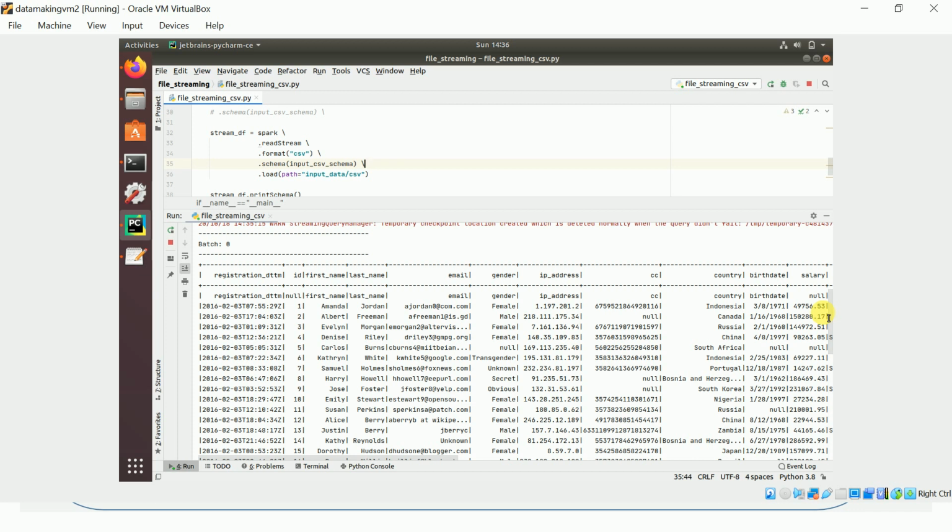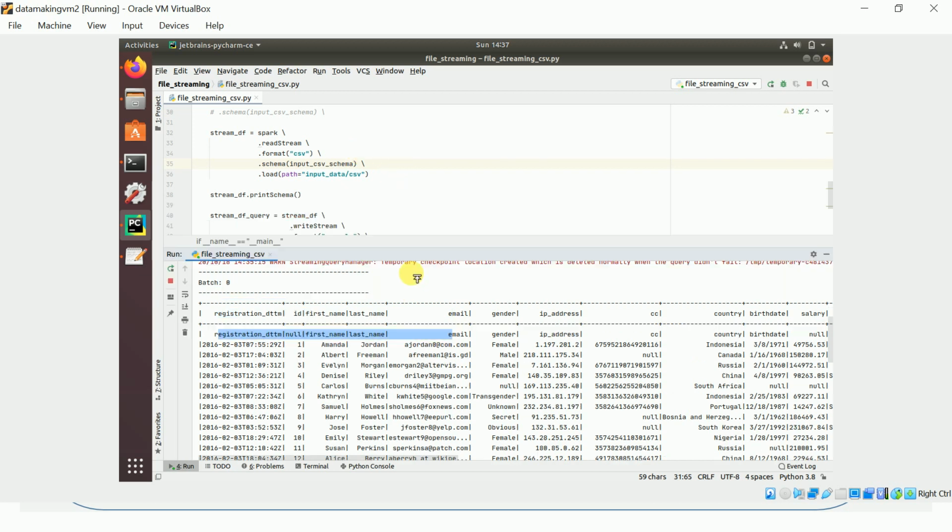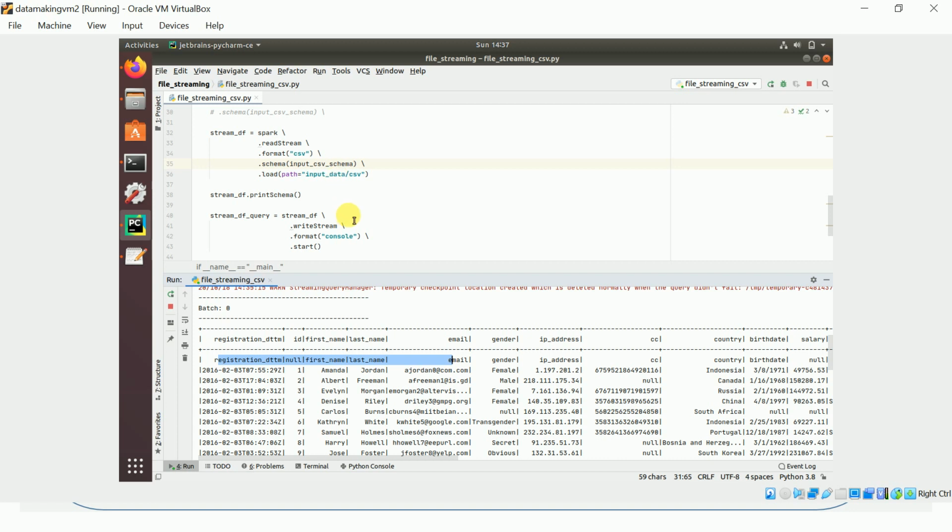Okay, there is one flaw or one mistake here. It is actually taking the first row. In our CSV, the first row is the column names, right? That is also being taken as one row. So what we'll do is we'll say header equal to false. Sorry, header equal to true. We need to specify header equal to true.